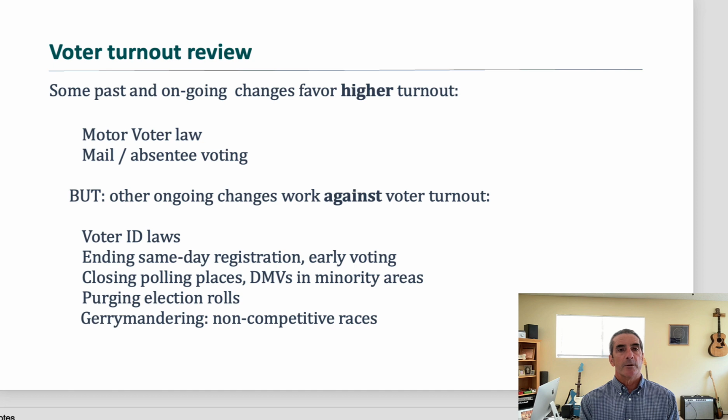In 1993, the motor voter law was passed, which is why if you go to the DMV or the post office or any number of government offices, you will find voter registration forms. They didn't used to be there. You used to have to go to an actual registration office, and sometimes there would only be one in an entire county, and you'd have to go there to get those forms. The point of this law was to make those forms more readily available, more widespread.